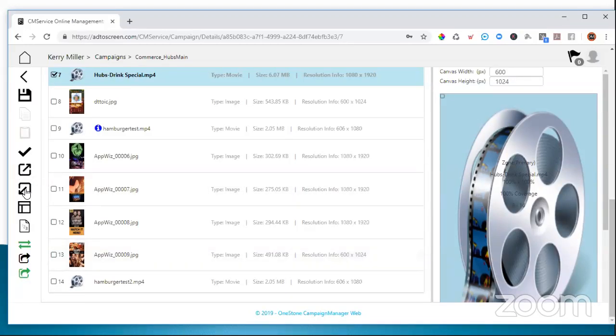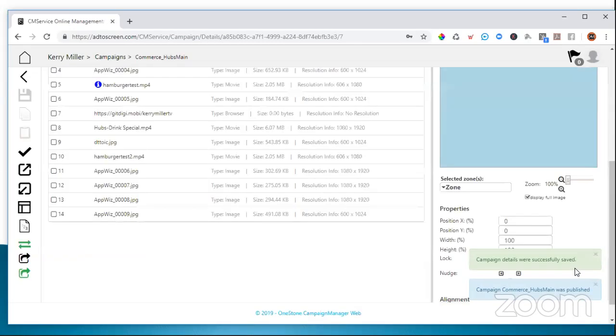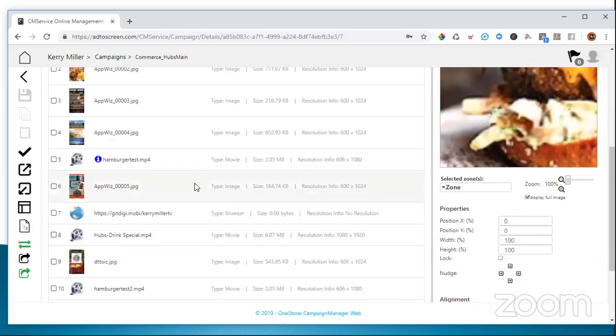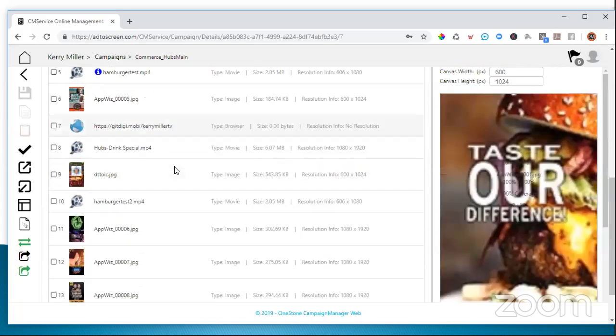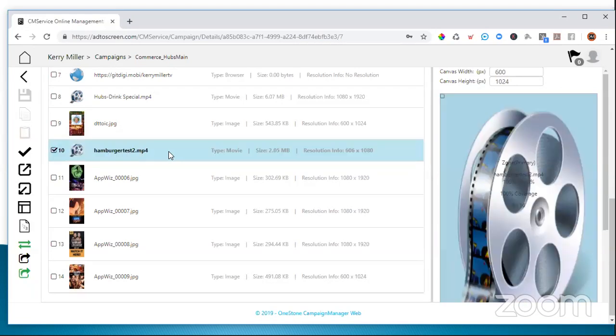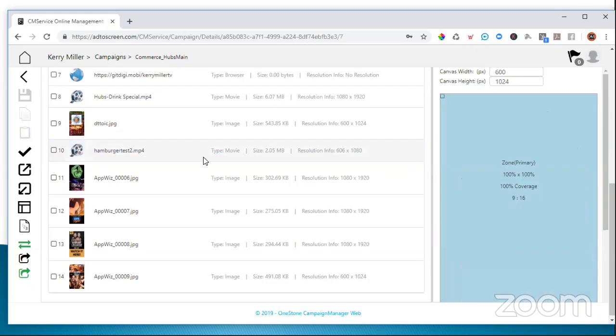So we're going to come right here. Okay. You want to go to publish. This arrow points out. So what I'm going to do is I'm going to publish this. I'm simply going to click it. It says campaign details were successfully saved and everything was published. You can see everything refreshing. Okay. You can see this moved up here into the loop. All right. So what you want to do is go in now and check your